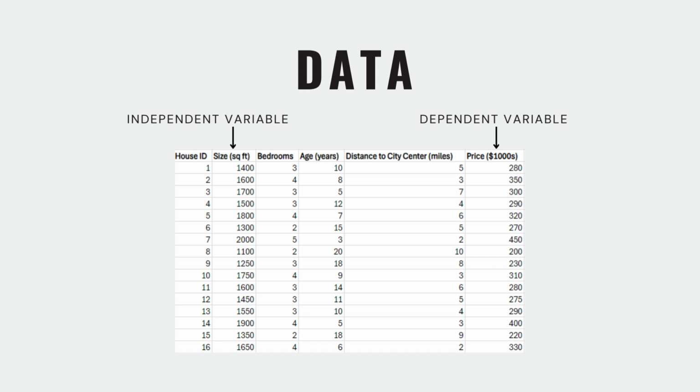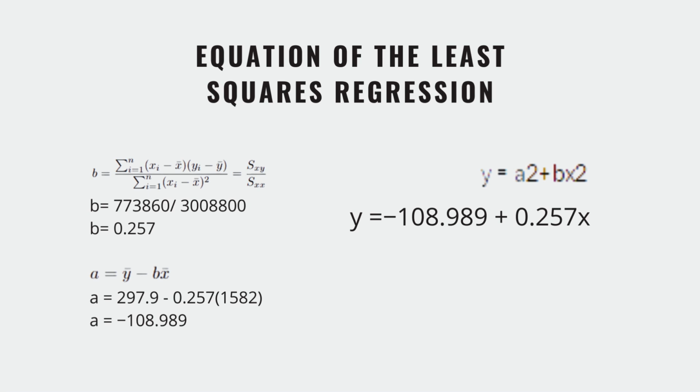The house size in square feet is our predictor, and the price of the house in thousands of dollars is our dependent variable. We need to obtain the equation for least squares regression. The general formula for linear regression is Y equals A plus B times X, and we need to obtain the B value with the formula, and then we substitute the B in the A formula, and by that we obtain that Y is equal to minus